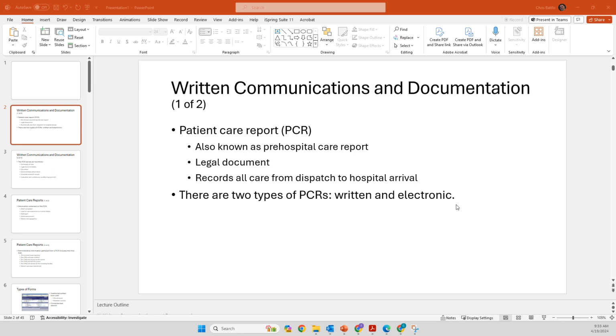Now, all of your PCRs are electronic now because it's what the United States requires. You say, well, Chris, we learned earlier on that the government doesn't dictate to EMS, each individual state does. That's correct. But if you want to bill Medicare and Medicaid, you will use electronic charting. That's where that comes from. So each state now requires electronic PCRs to be done. A written report,